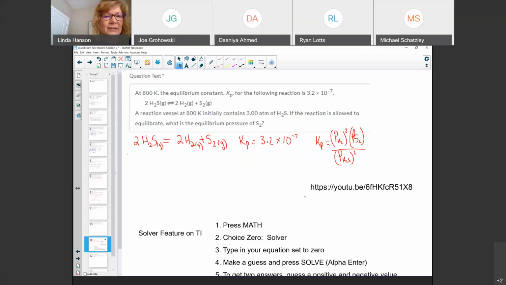It says initially, atmospheres of H2S are present. And if the reaction is allowed to go to equilibrium, what is the pressure of S2 at equilibrium? We'd like to know this. So, filling out the ICE chart,